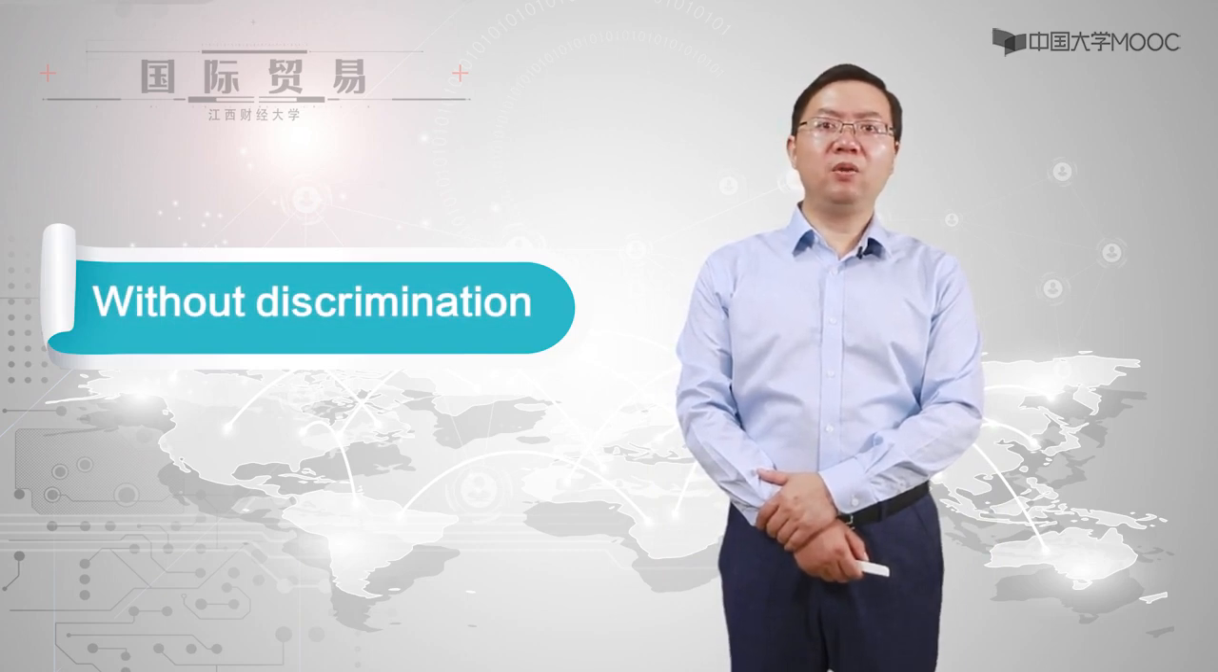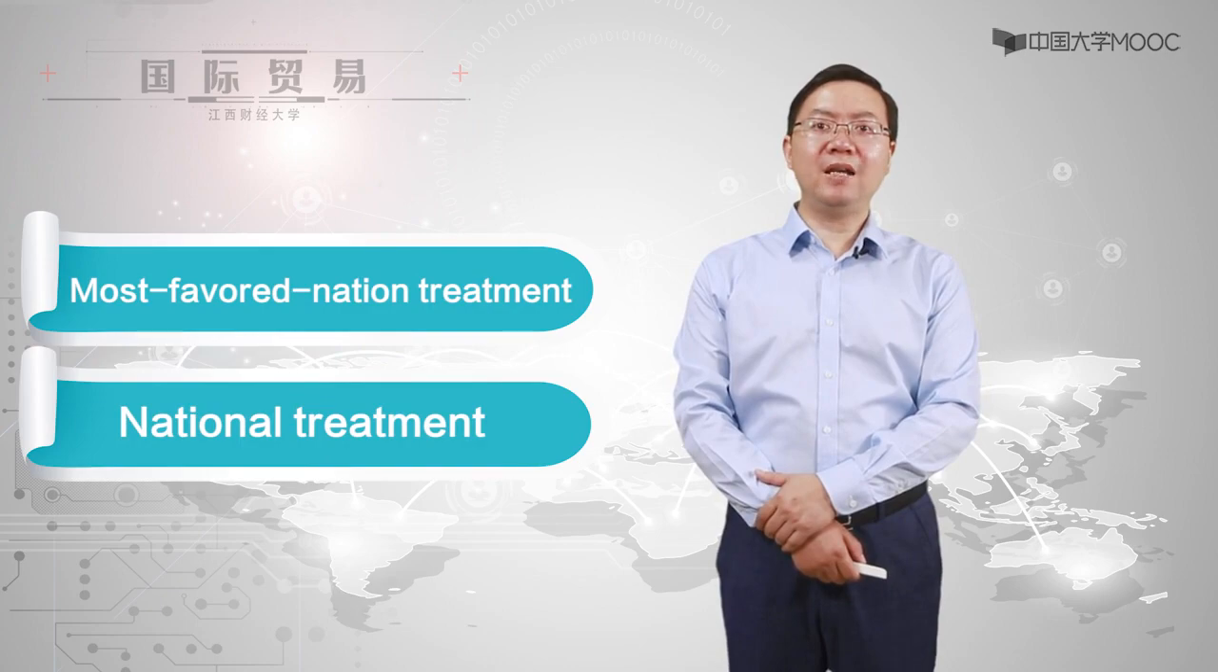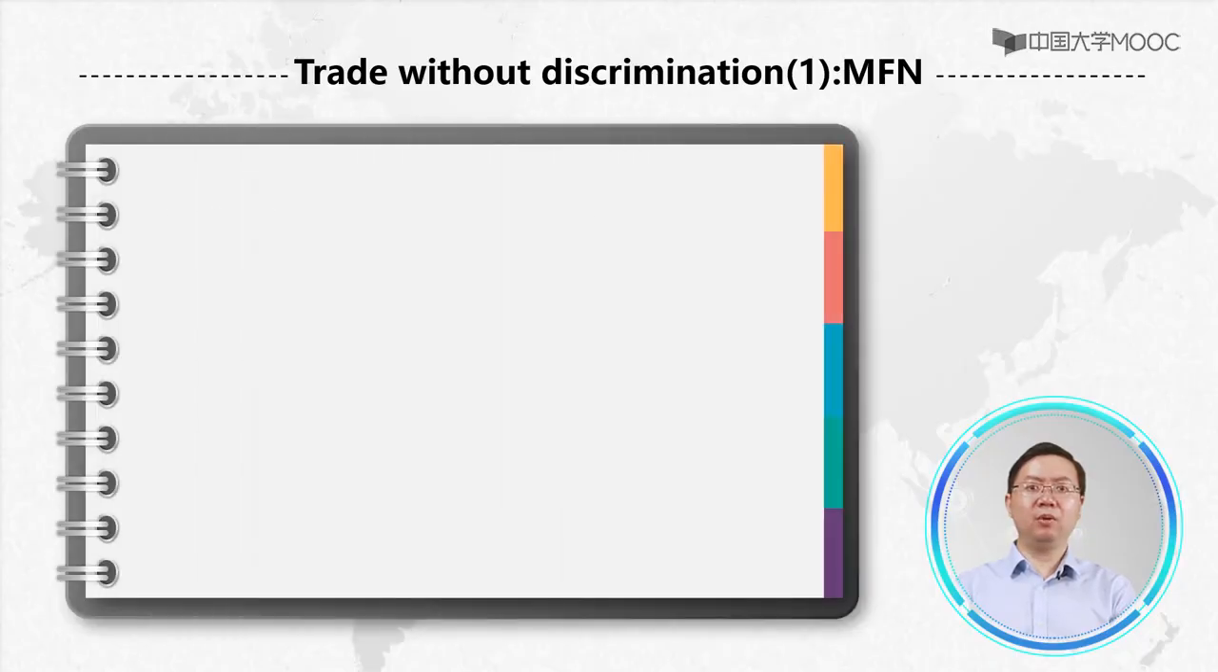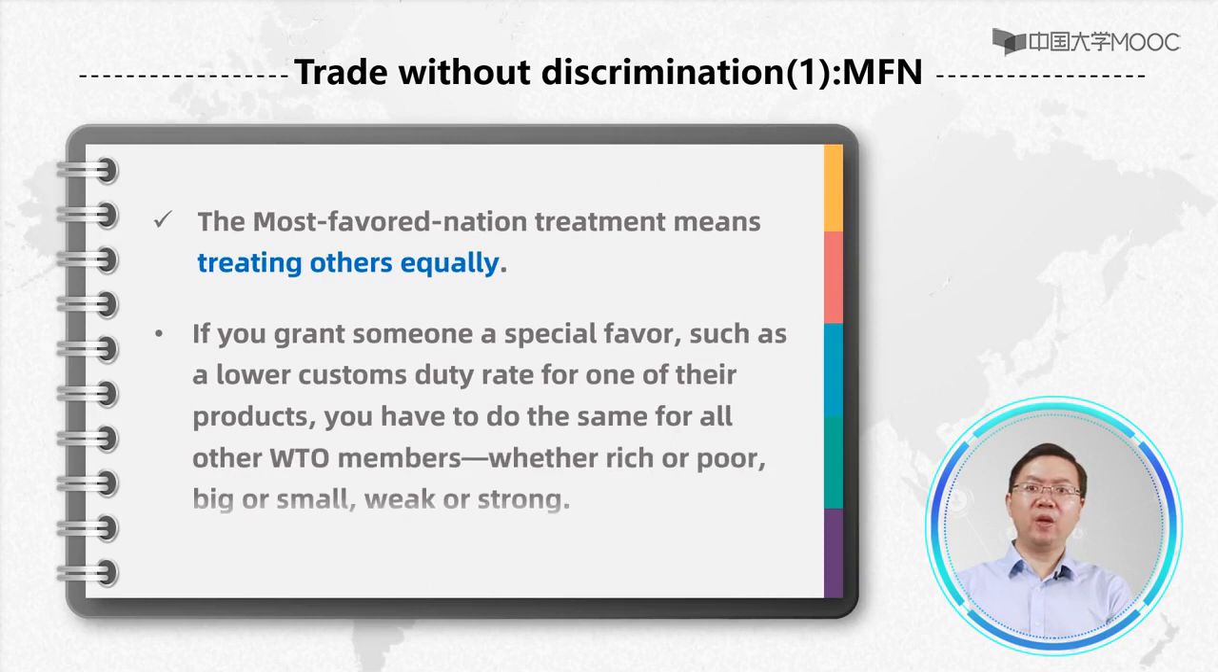This principle includes two sub-principles. One is most favored nation treatment. The other is national treatment. Simply put, most favored nation treatment means treating others equally. That's to say, if you grant someone a special favor, such as a lower customs duty rate for one of the products, you have to do the same for all other WTO members, whether rich or poor, big or small,